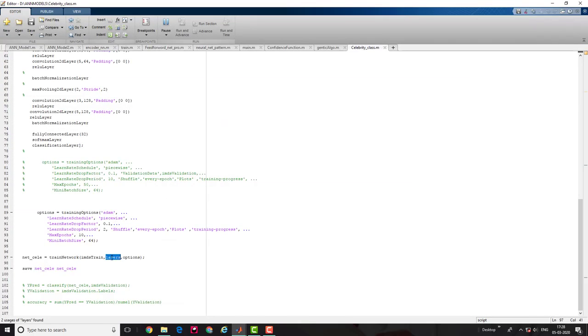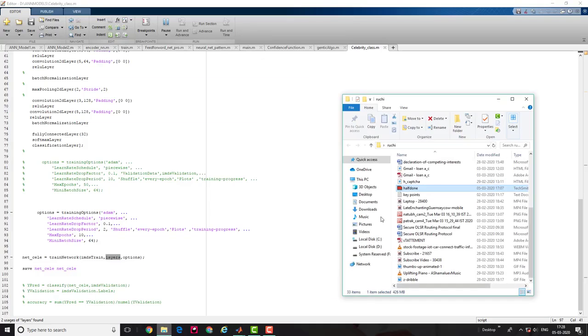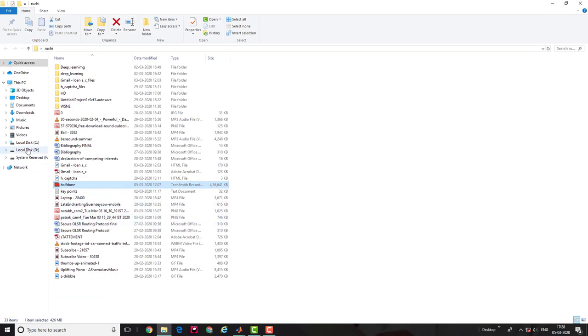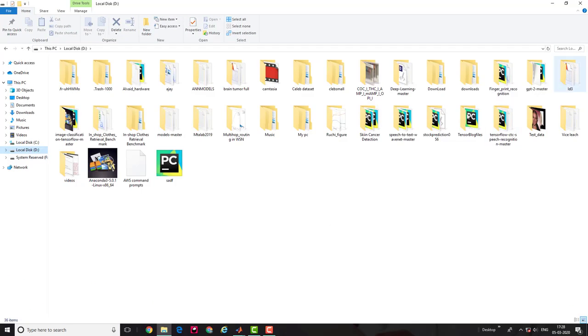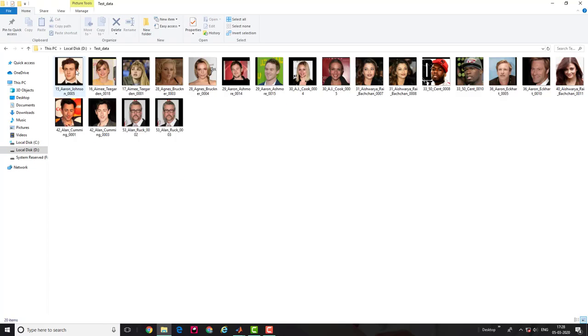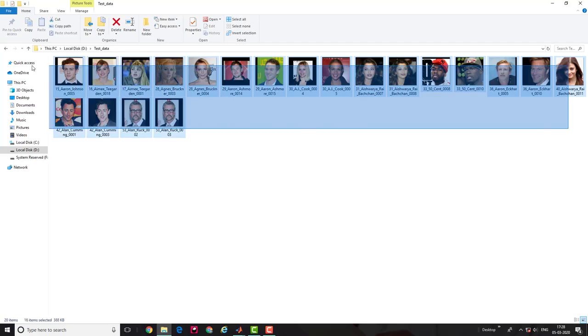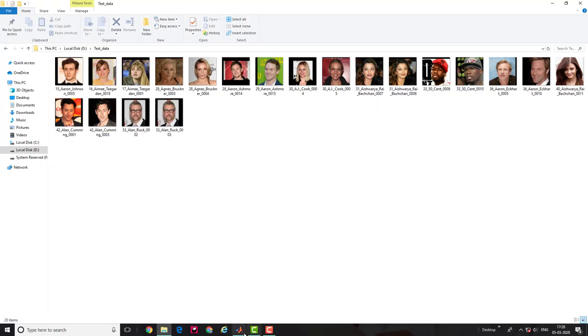I have already put some sample images to validate the accuracy in a different folder. I guess the test data folder is already here. These are some of the images I put here for validation, and I'll show you how, after training, you can use that model for validation purposes.